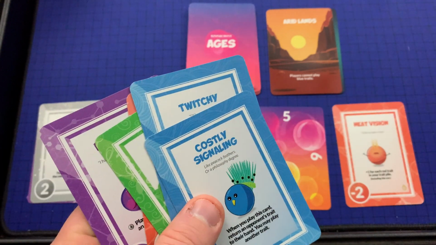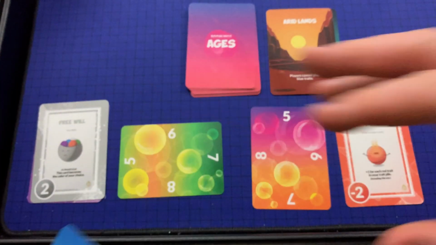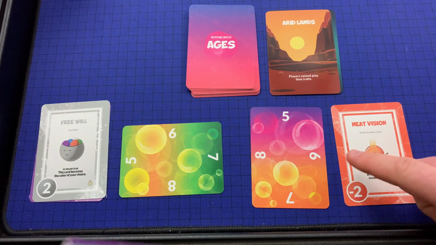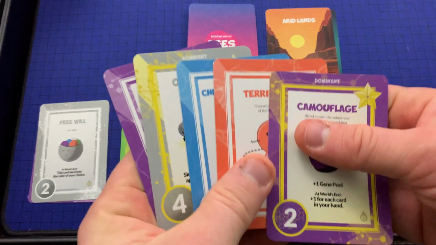They've got 5 cards in their hand. They have to draw a new trait card into their hand. They get self-replicating, and that's their turn. Then this player over here is ready to go, and they see, okay, well, I can't play blue traits, so